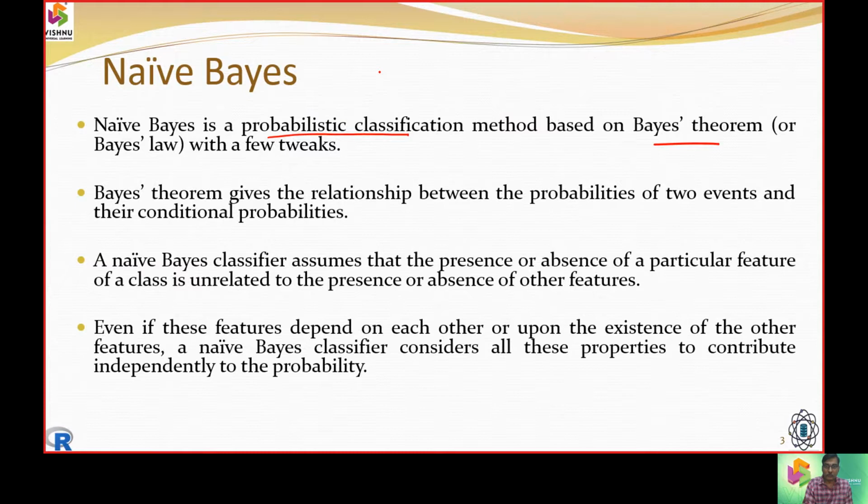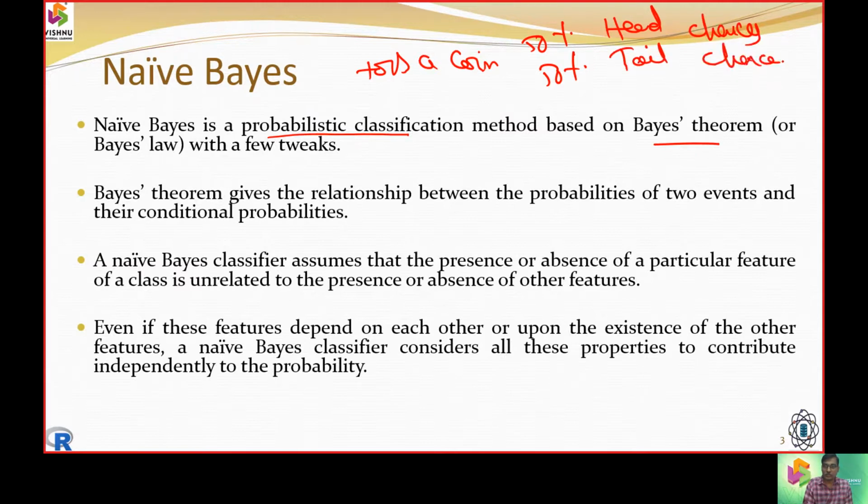So when we toss a coin, the chances for head is 50%, and the chances for tail is also 50%. So we need to know the probability, and if I am repeating it for 10 times,